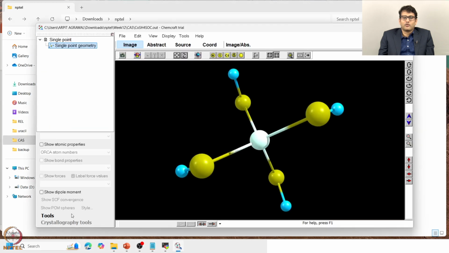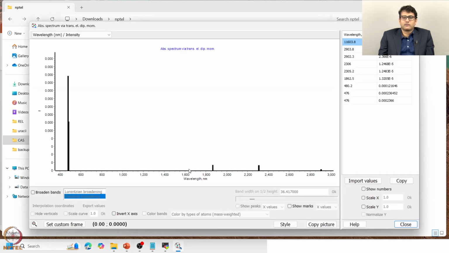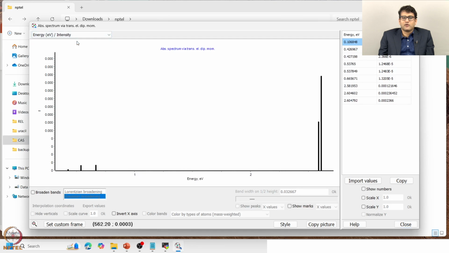So, now if I go to the spectra and calculate the transition dipole moment, let me go to the EV unit. If I go to the previous